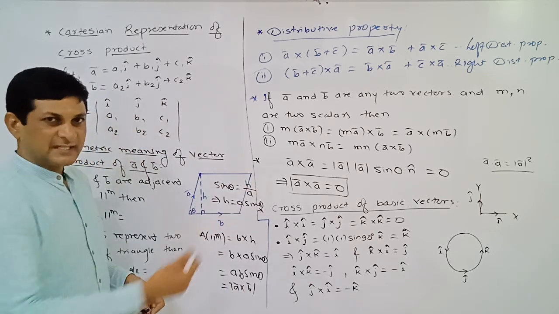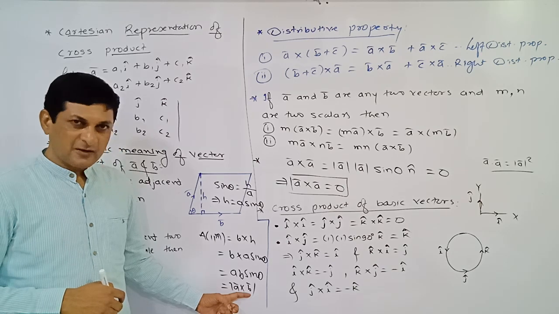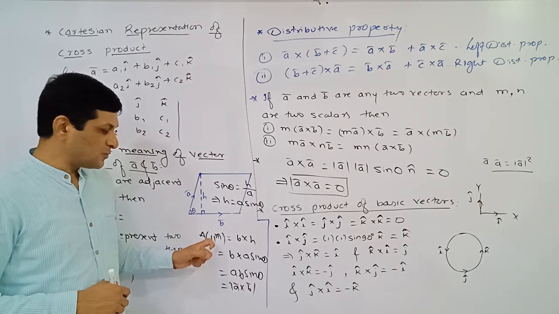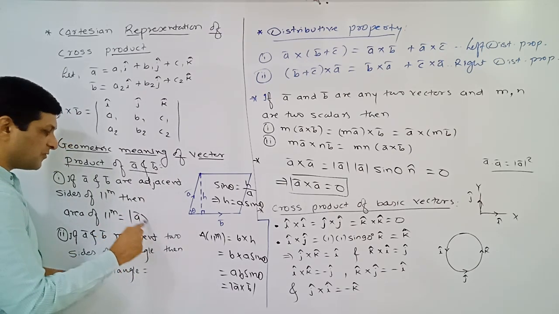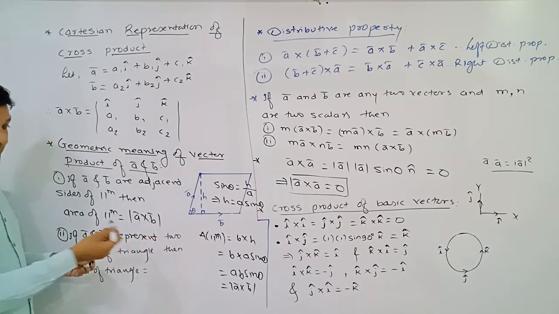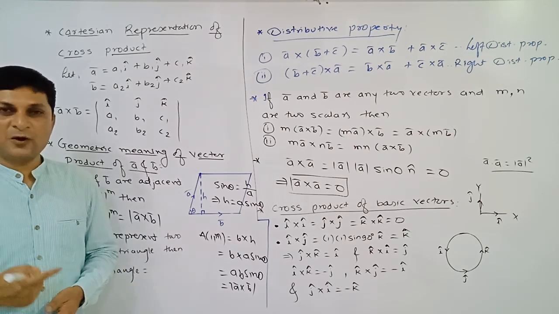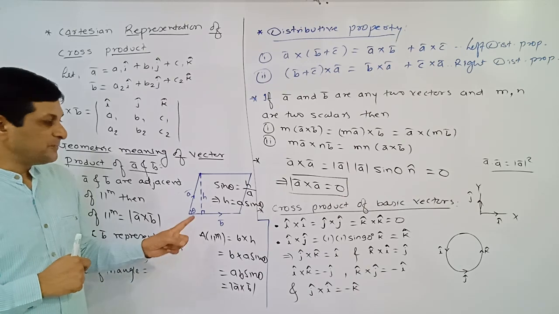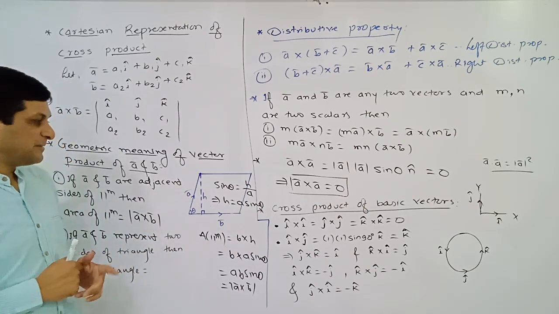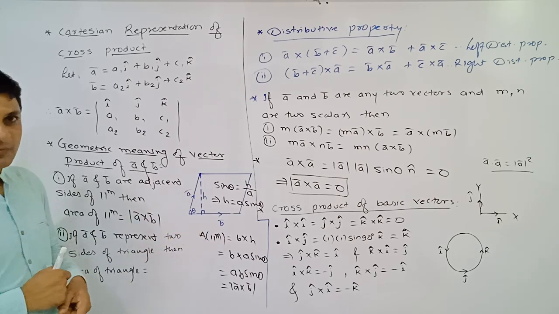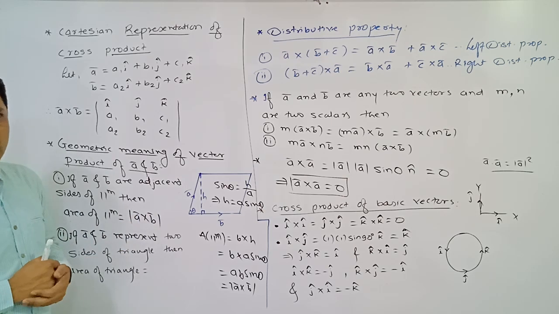I think this will be our second or third result which we have written. So the magnitude of A bar cross B bar is equal to AB sine theta, which means what result we have got? Area of parallelogram is equal to the magnitude of A bar cross B bar. Remember, this is an important formula which is applicable to find the area of a parallelogram if its adjacent sides are represented by two vectors A bar and B bar. If A bar and B bar represent adjacent sides of a parallelogram, then the area of the parallelogram will be equal to the magnitude of A bar cross B bar.